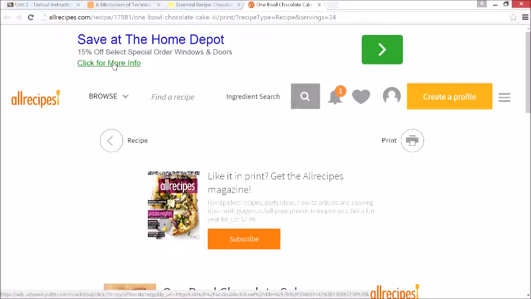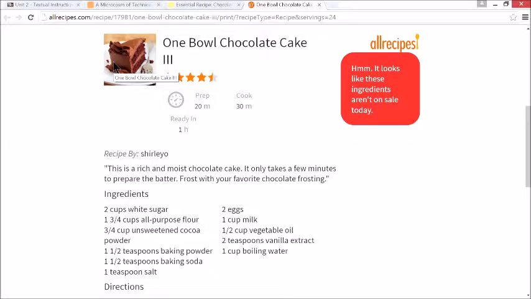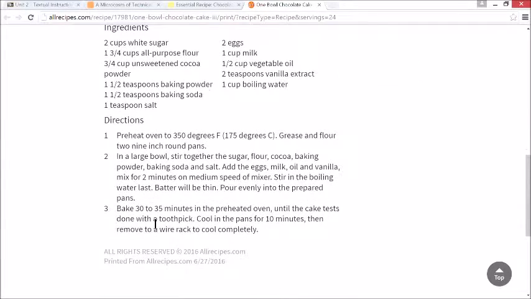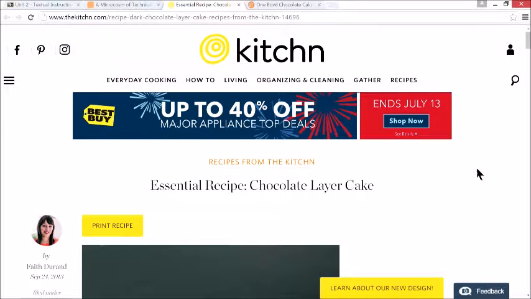So this example on all recipes is a good example of a simple recipe for a chocolate cake. It has a brief description. It has general information like the cook time, prep time. It has an image at the top that gives you a rough idea of what you're making. It has a list of ingredients, usually in the order in which they are needed. And then a numbered list with the directions. More complex recipes will have longer paragraphs, while recipes where the order is less important may not have a numbered list. Now compare this recipe with a second, this one from a cooking blog,